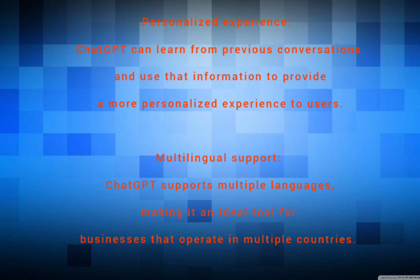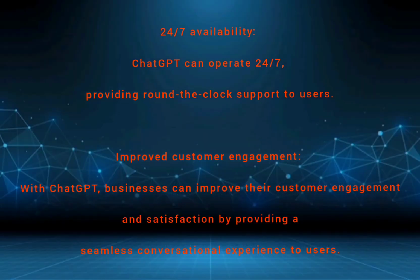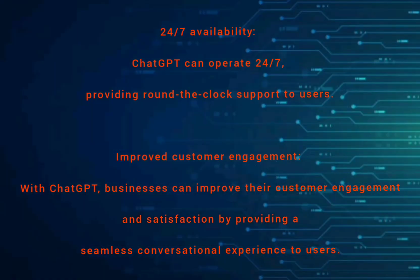users. Multilingual support. ChatGPT supports multiple languages, making it an ideal tool for businesses that operate in multiple countries. 24/7 availability. ChatGPT can operate 24/7, providing round-the-clock support to users. Improved customer engagement. With ChatGPT, businesses can improve their customer engagement and satisfaction by providing a seamless conversational experience to